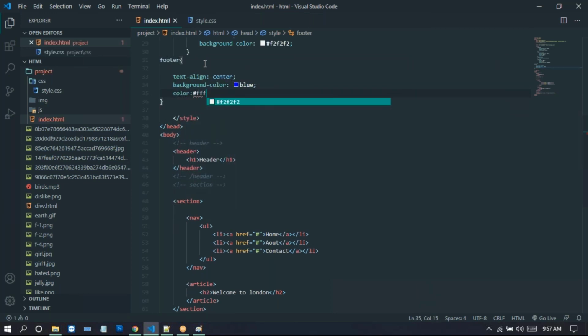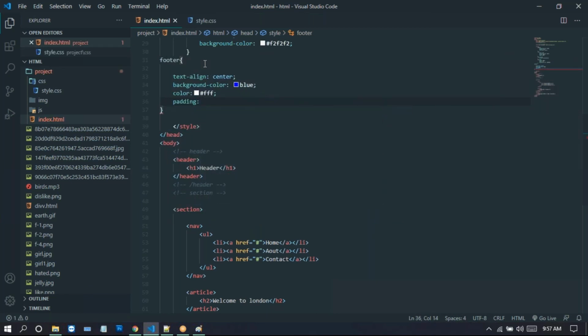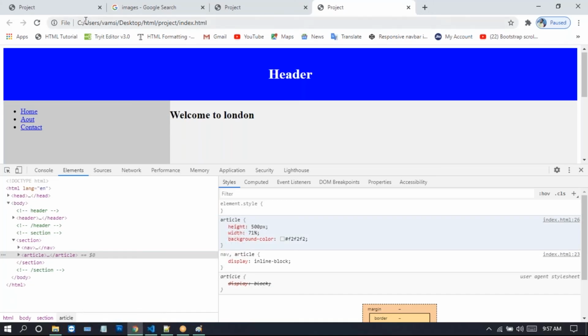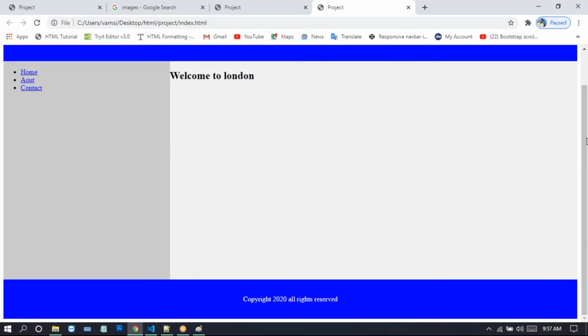And we take the padding. For this padding, we just apply 20 pixels. Now we just refresh this one. We go down here. So there we have the footer.